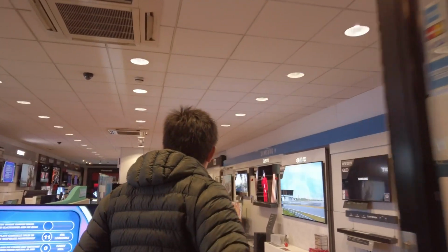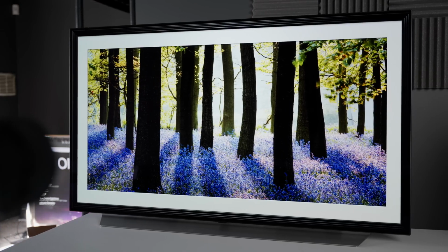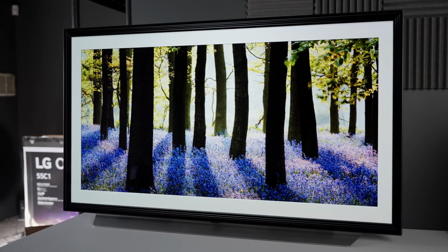Now, this doesn't mean that you should rush out and buy the LG C2 right now, because a television is usually at its most expensive when launched. If you absolutely need to buy a television today, the outgoing LG C1 is undoubtedly going to provide better value for money. However, if you can afford to wait,